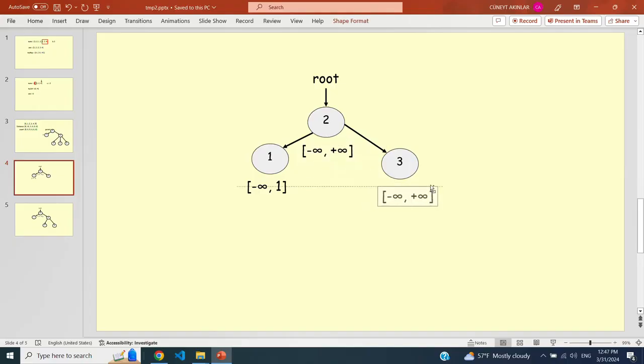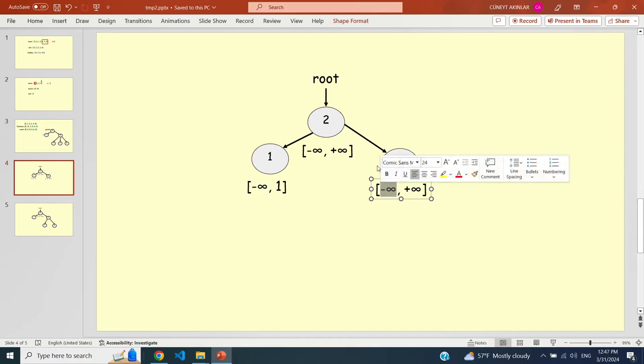Now let's recurse on the right-hand side. When we recurse on the right child, we now update the left bound because now all keys have to be bigger than 2, right? All keys on the right subtree have to be bigger than 2. So that means they have to be in the range 3 to infinity. And sure enough, the right child is in between this range. So that's a binary search tree, and we are done.